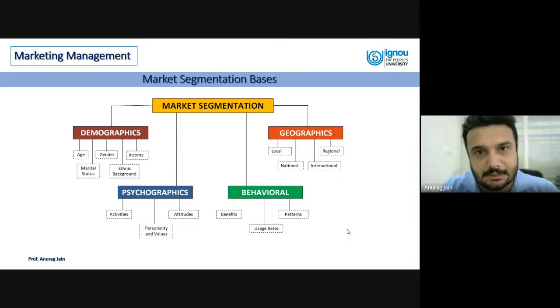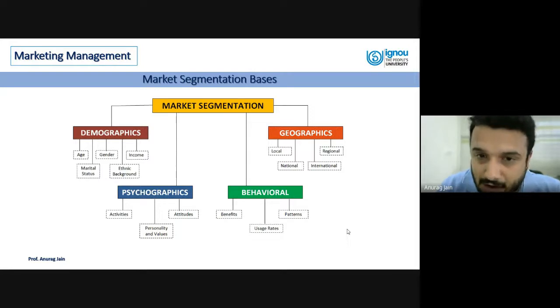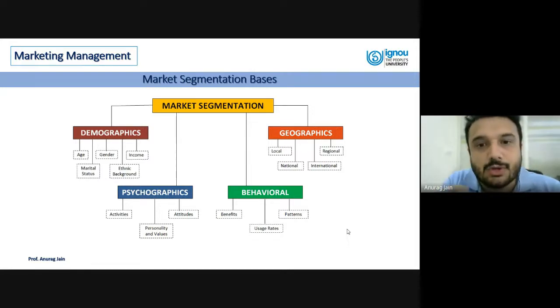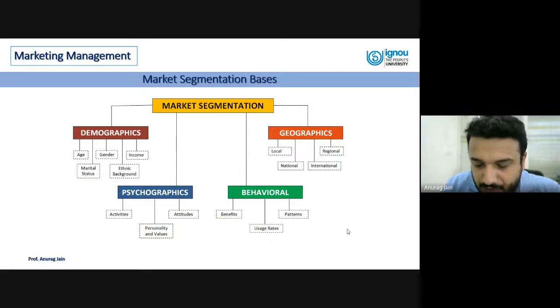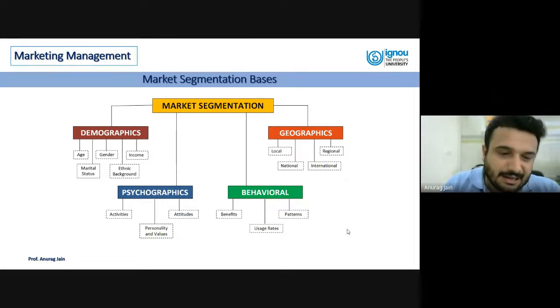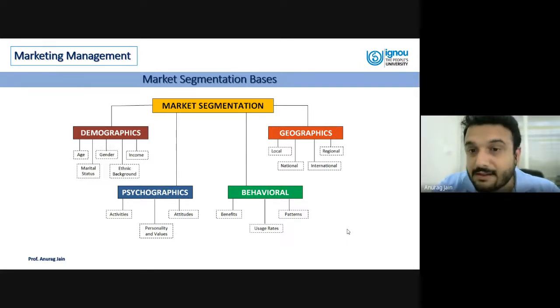So all these factors are what we are going to consider when we segment the market, and these are the bases we are going to use to segment our market effectively. Definitely it won't be possible for a marketer to go for each and every segmentation base referred to here, but it is a call of the marketer which would be the best possible segments they can target, and fulfill their needs and wants.